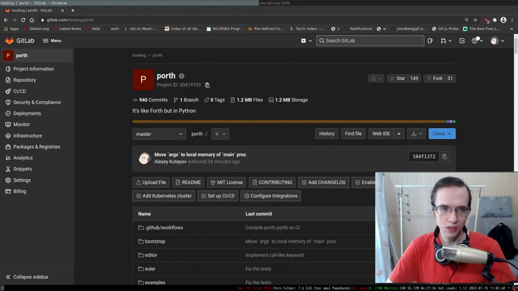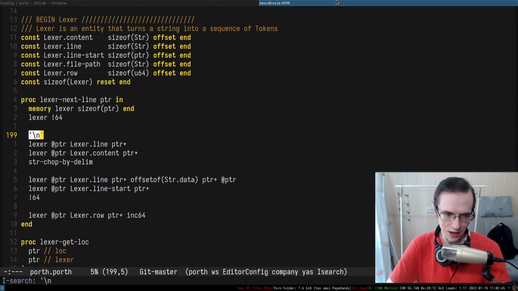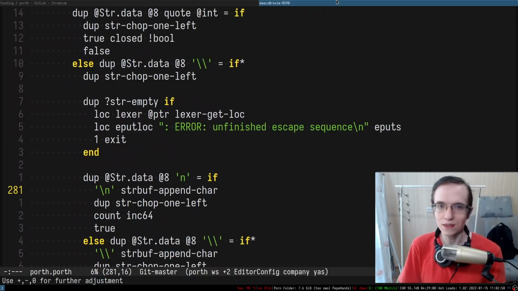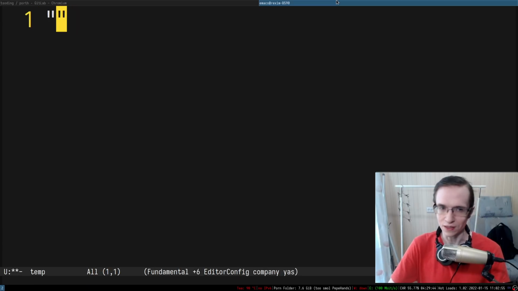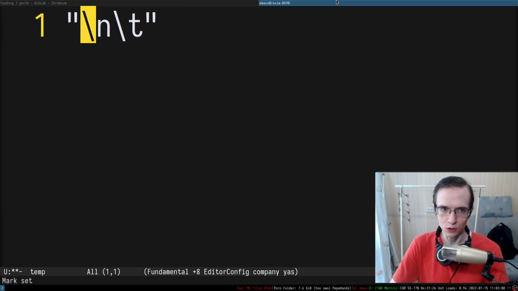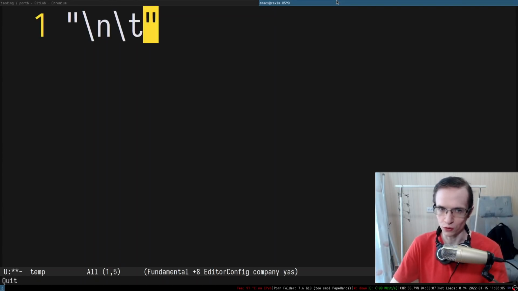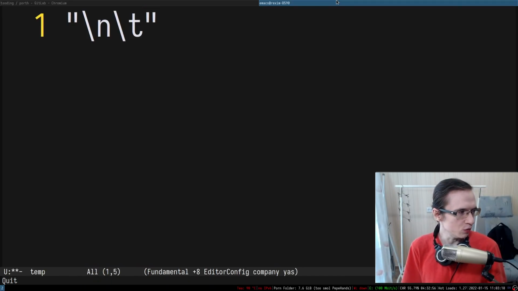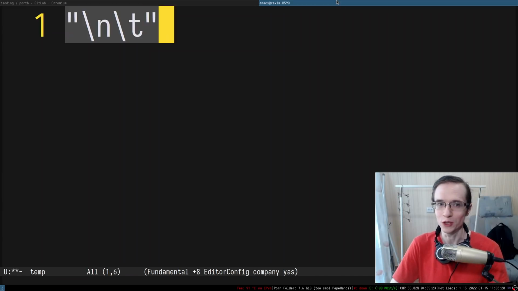In Porth, the stack-based programming language I'm developing, there's a very interesting place, and that place is located within the lexer. It implements the escaping inside of the string literals, essentially the ability to have things like \n and \t inside of the string literal, right? \n is going to be interpreted as new line, \t is going to be interpreted as tab, and so on and so forth. You know, the classical thing that we received from C, but I'm not really sure if C invented that. I think it's been in the languages since forever, right? And all of the languages just basically copy paste that thing from each other.